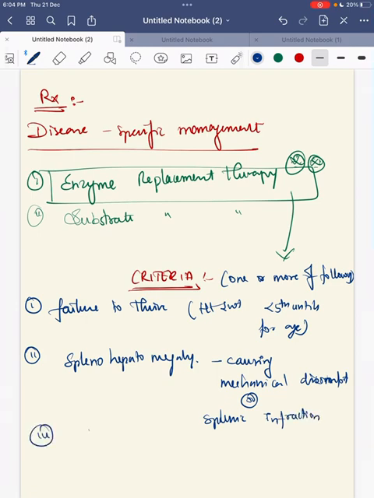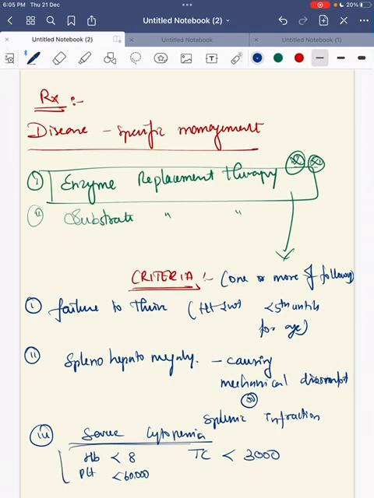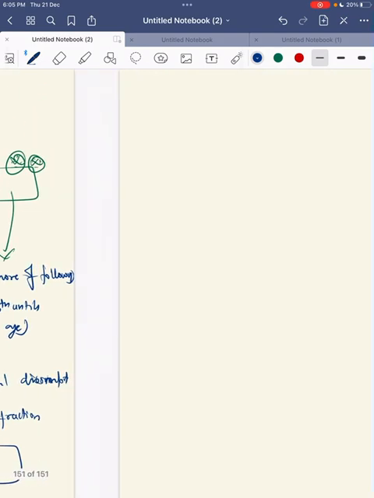Okay. Third criteria is severe cytopenia. Even bicytopenia can also be taken as a criterion. In severe cytopenia, the child has HB of less than 8, platelet count of less than 60,000, and leukocyte count, that is total count, less than 3,000. So HB less than 8, platelet count less than 60,000 and total count less than 3,000. Fourth criteria is